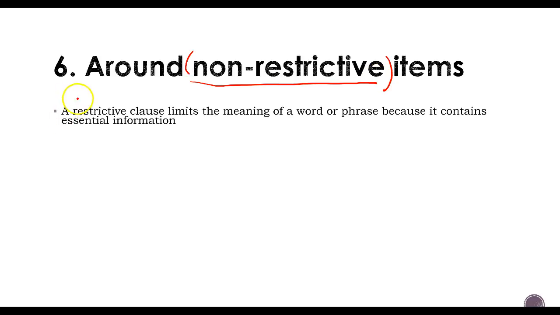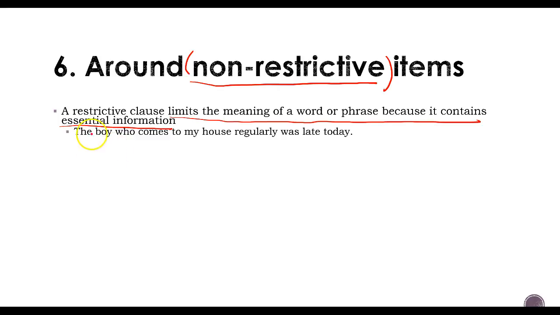So number 6: make sure you use commas around non-restrictive items. This is actually probably the most difficult of all the comma rules. Let's take a look at it. A restrictive clause is a clause that limits the meaning of a word or phrase because it contains essential